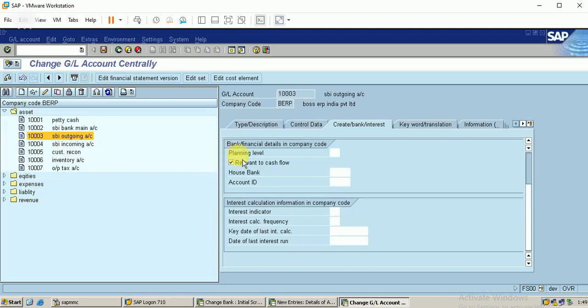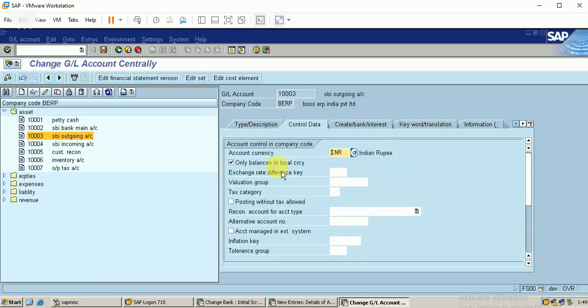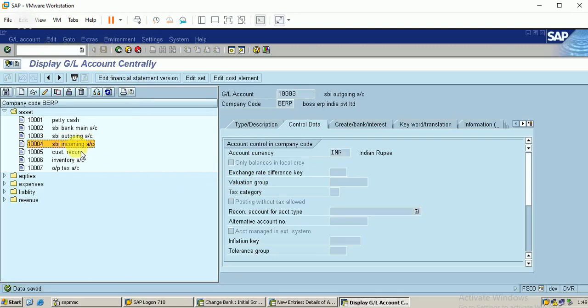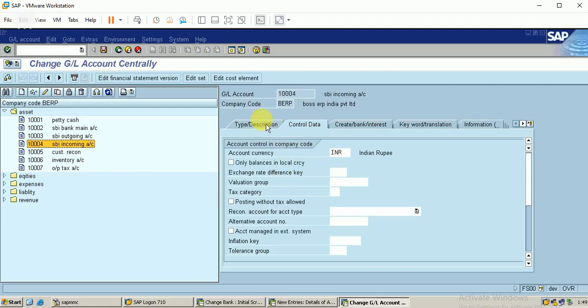It is not allowing me to have balances in local currency because I have made some transactions over this account. That's not an issue. Let me change the incoming account.